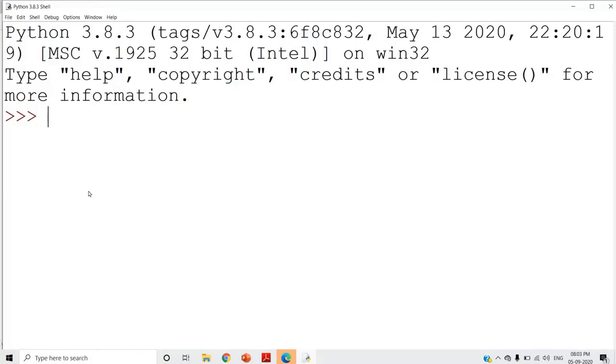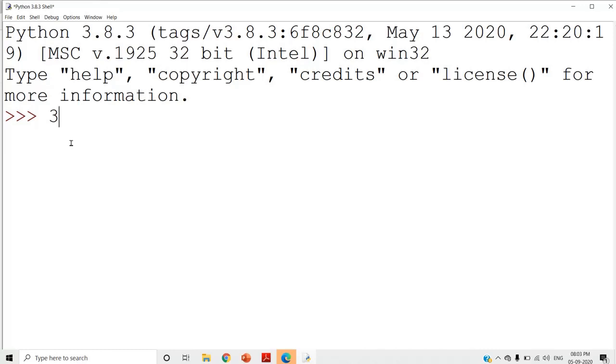Now you can see this screen. It will display a screen like this when you just type Python over there. Automatically it displays the IDLE prompt, and you will get a screen like this. This screen is known as the shell prompt. You can see three arrows over there. In this shell prompt, you can use simple commands of Python.